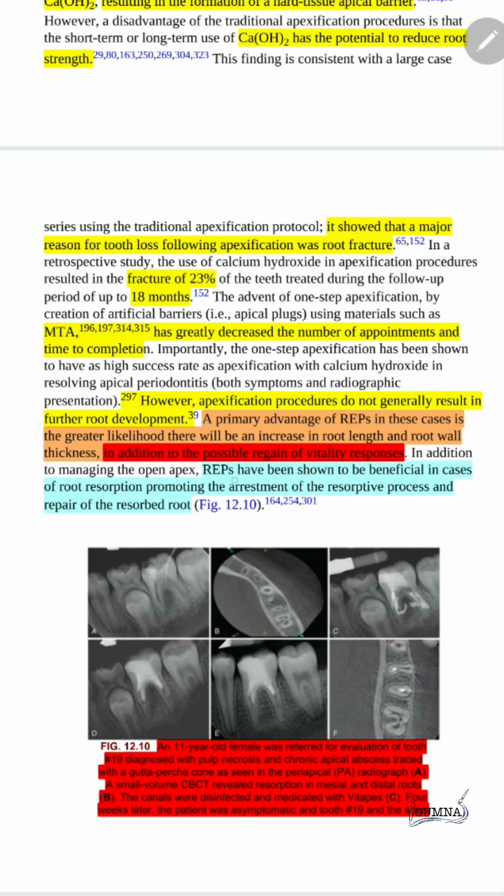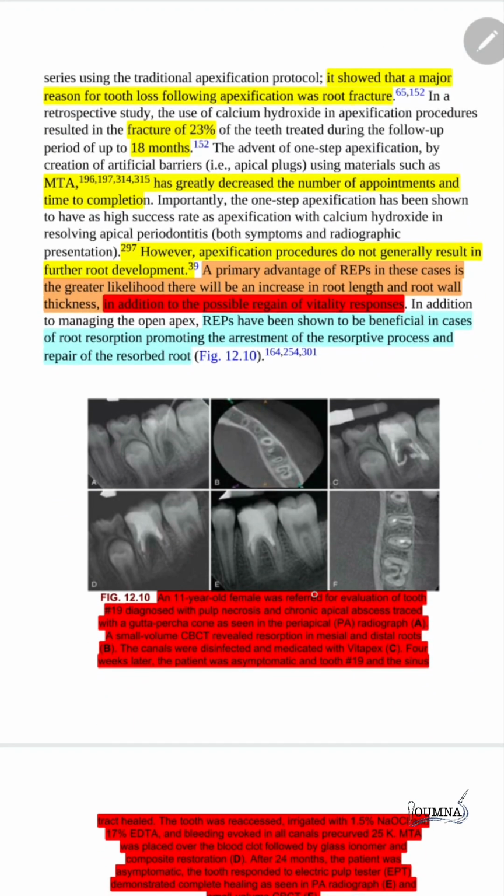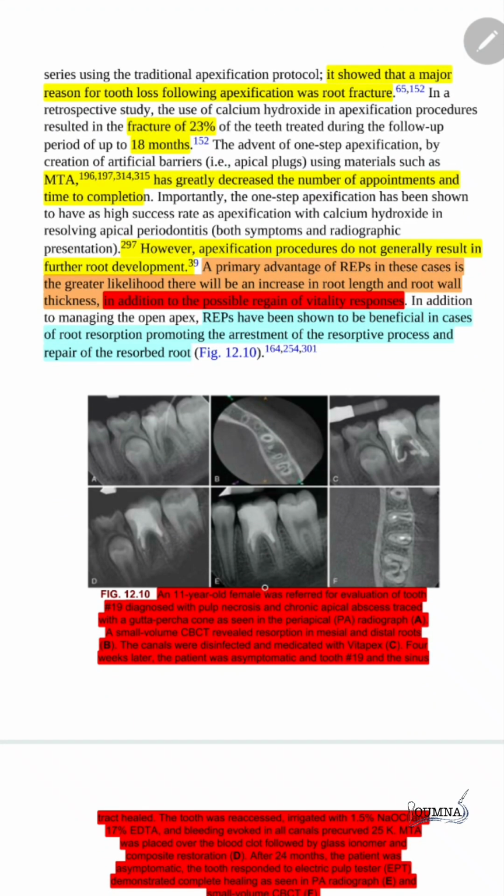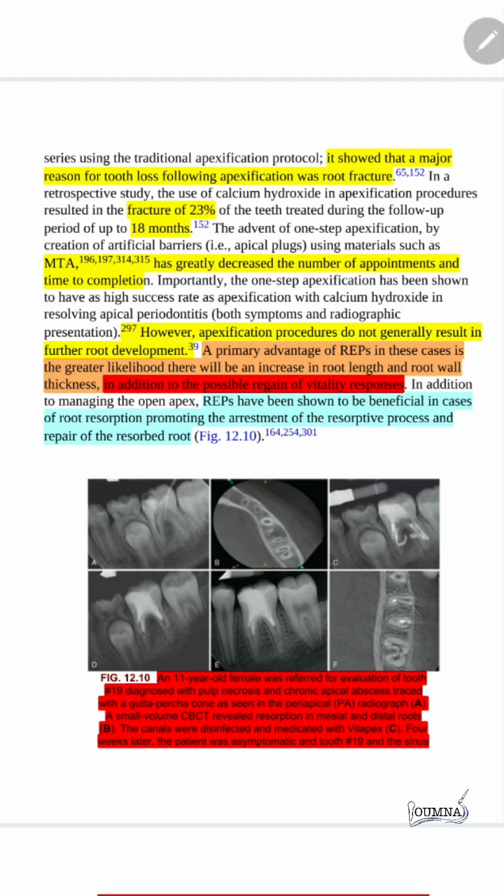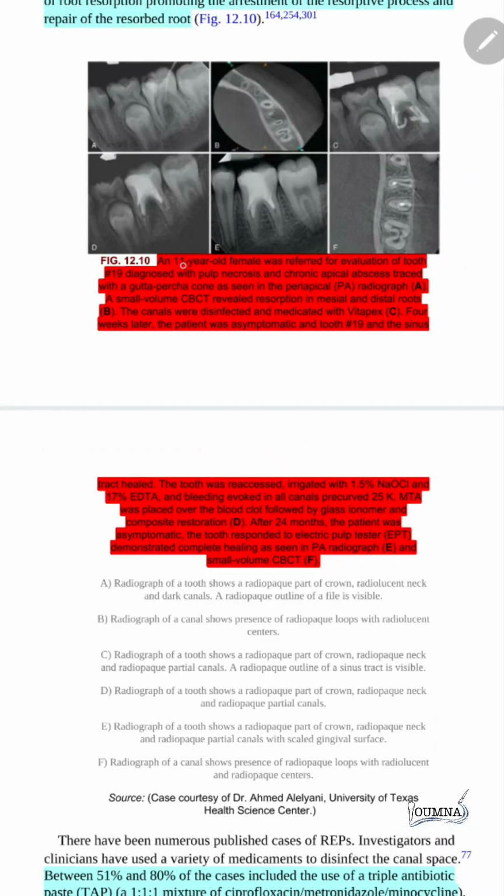We have found that the apexogenesis tooth were able to respond to the vitality tests, and they gained their whole length of root shape. In this case, an 11-year-old female had a pulp necrotic and apical abscess that was traced here by